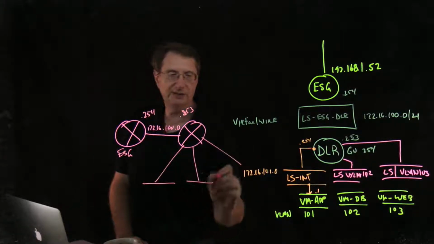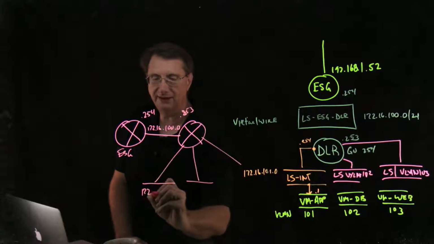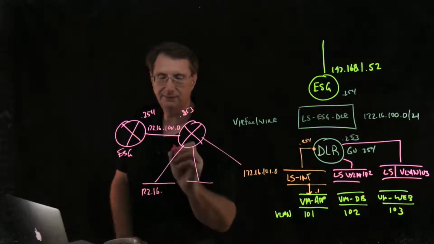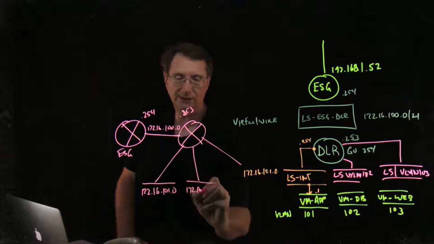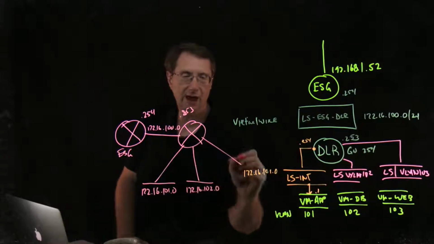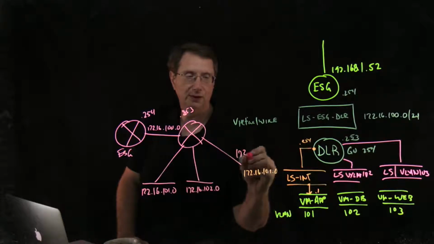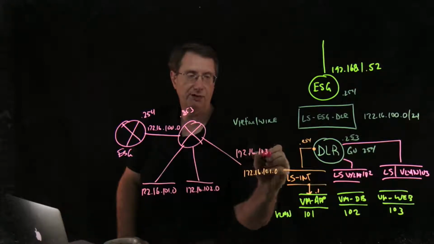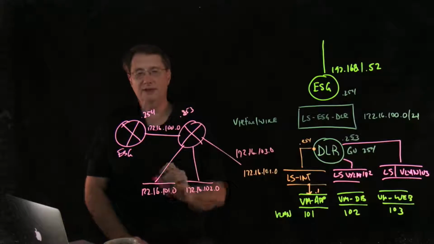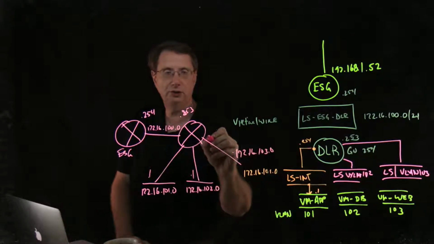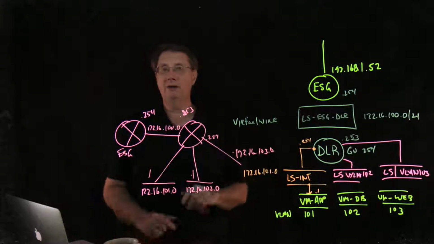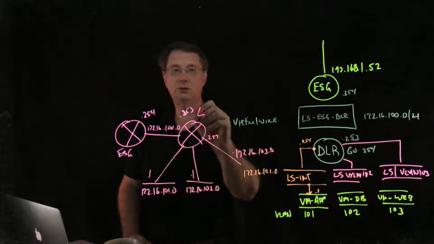Those network segments are going to be in the 172.16.101.0, 172.16.102.0, and then 172.16.103.0, where these devices all have IP addresses of 1, and it is 254 on the logical or the distributed